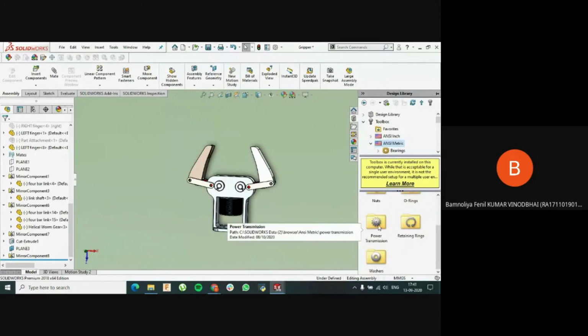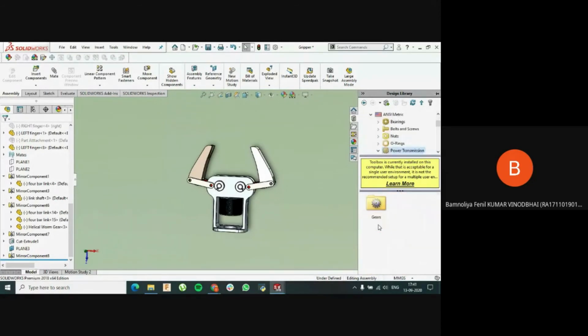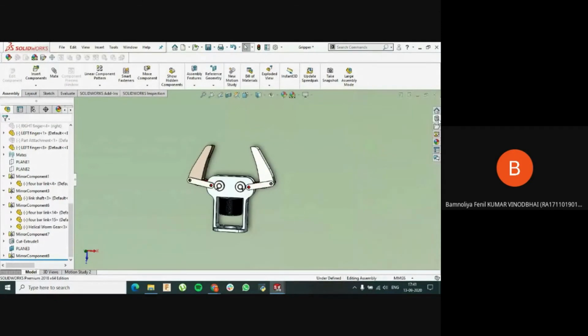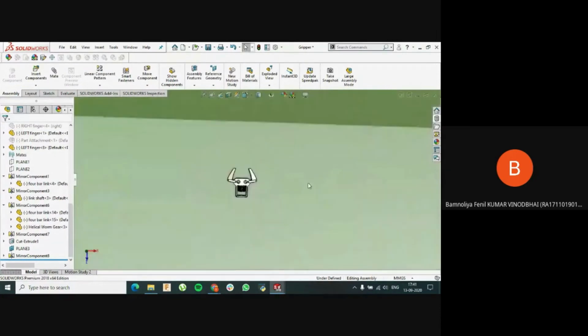Suppose I go to power transmission and open the gear, and you will find different types of gear here, right? You just have to drag and drop that gear and enter certain input parameters, and it will create that gear accordingly, right? So it is a very quick process, so you can take advantage of it.